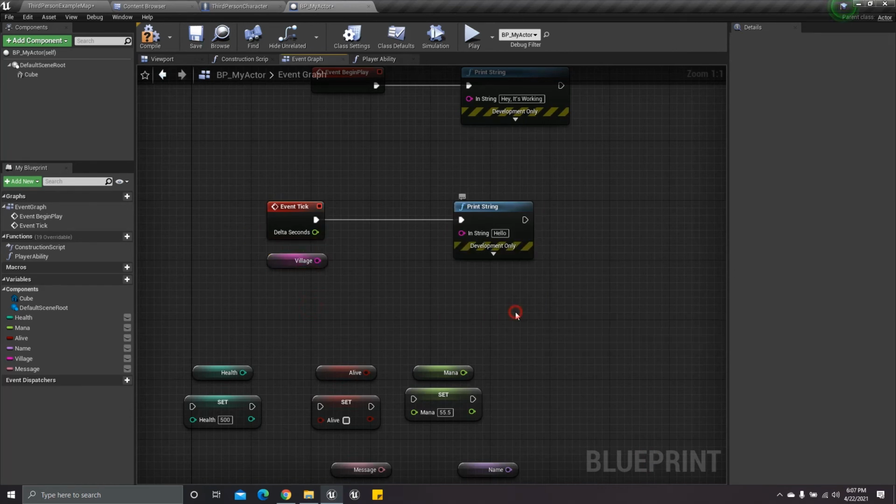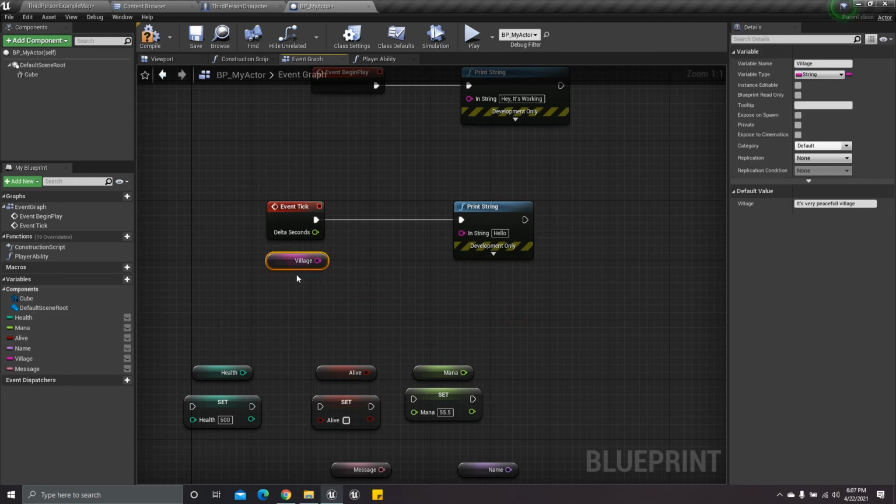So now I'm not going to pass the custom message, I'm going to use one of our variables to pass the message. So when I connect this village to the string input, you will see this village has its own data by default, like, hey, it's a very peaceful village. So when I connect here, it will print this message, it's a very peaceful village.